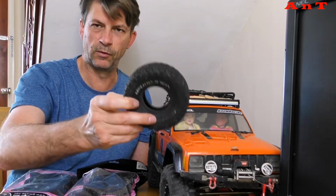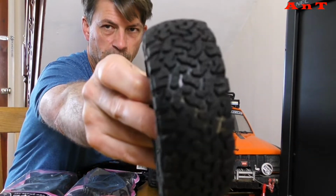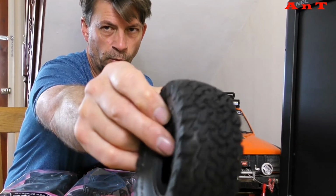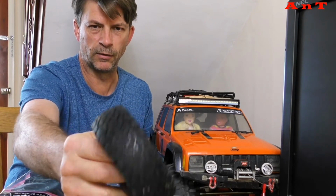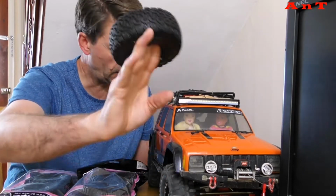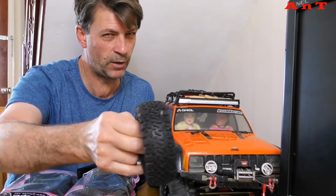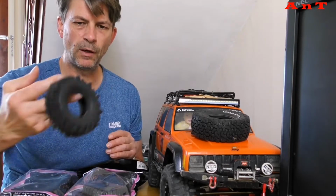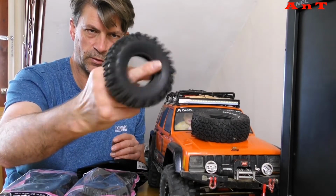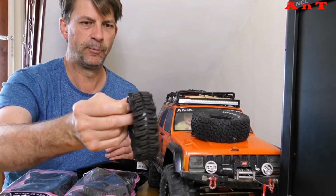So these are my Goodriches that came with the XJ kit, and they are, as you undoubtedly all know, the all-terrain licensed Goodrich tyres, and I love these tyres. I absolutely adore them. I can only imagine how much better the Proline ones are, because these are really good. I've also got these mudslingers, which are original RC four-wheel drive XL size mudslingers, which we kind of